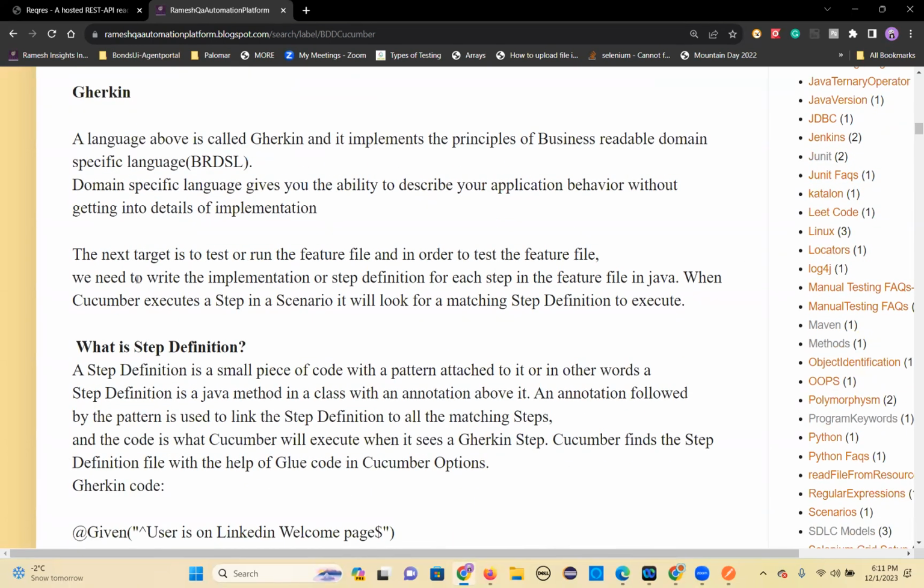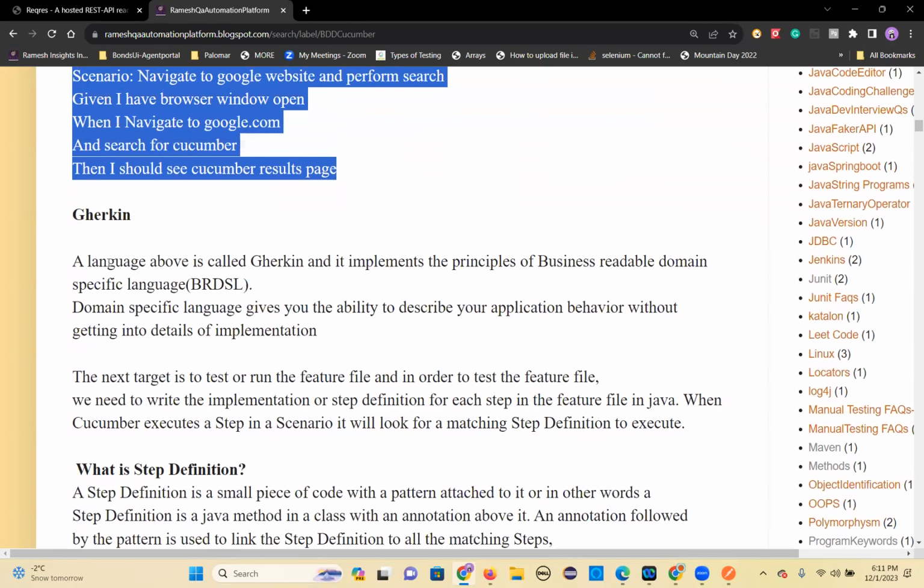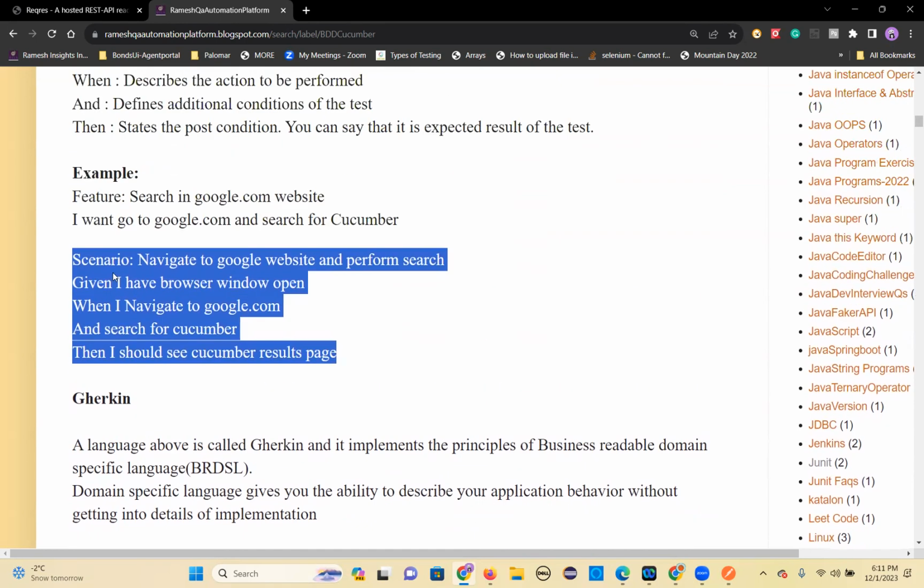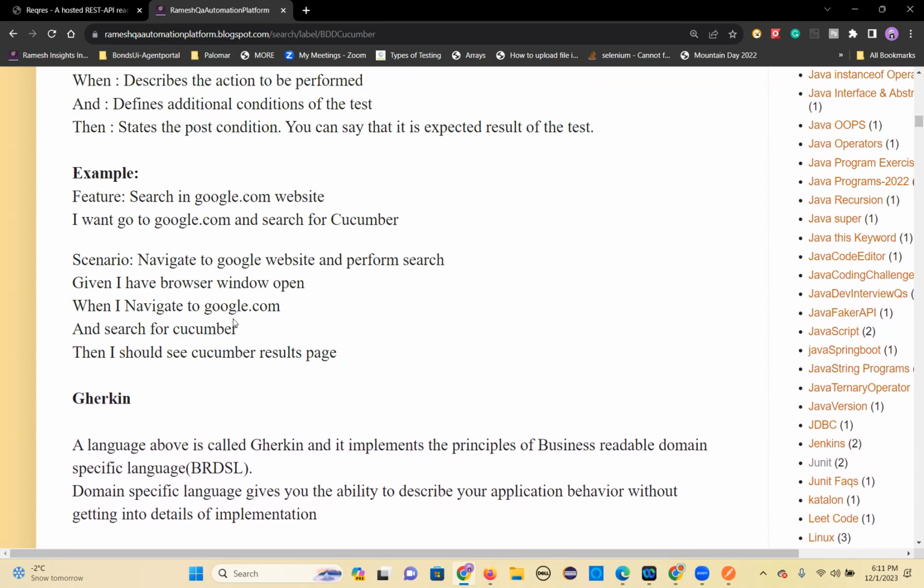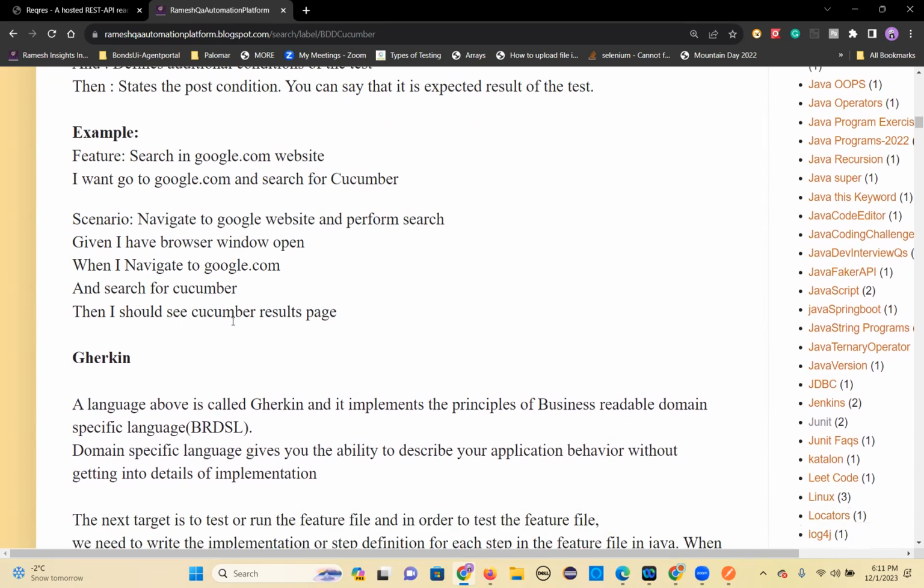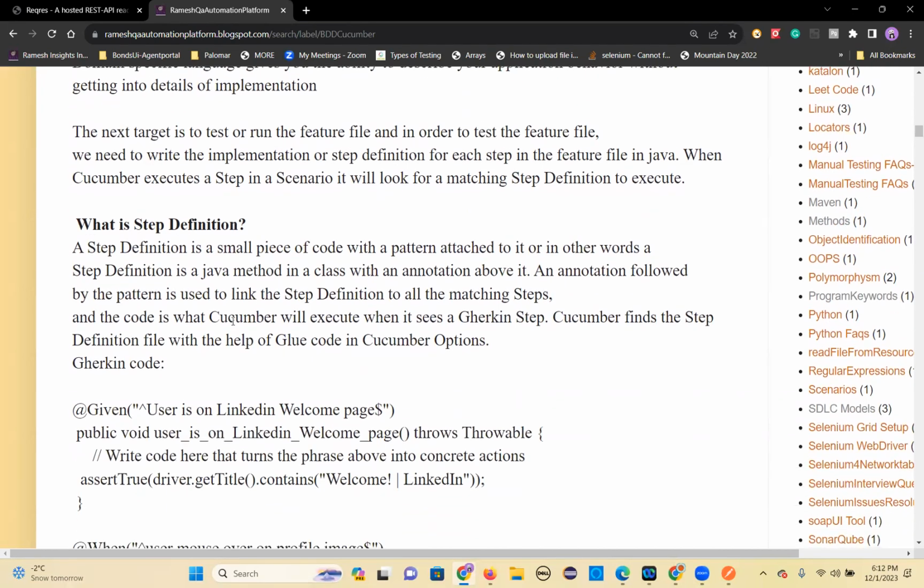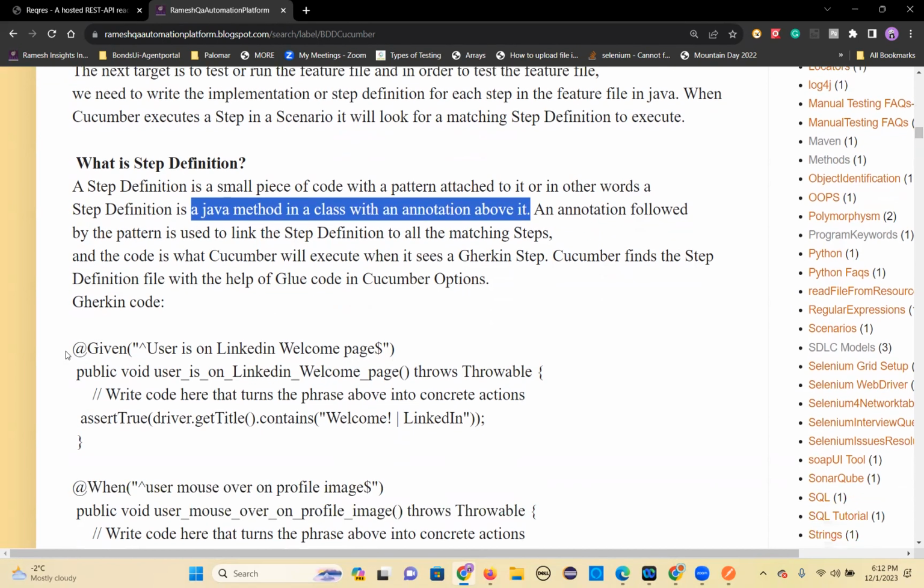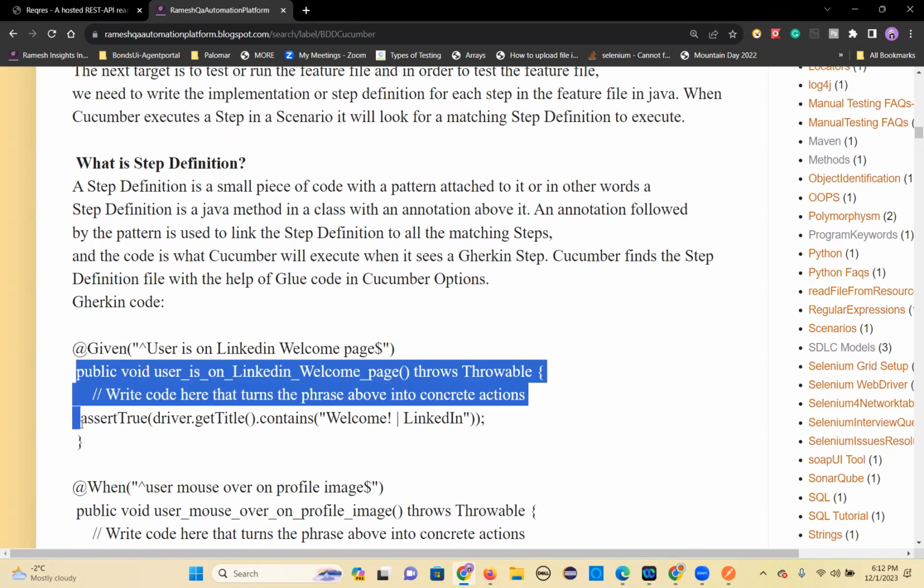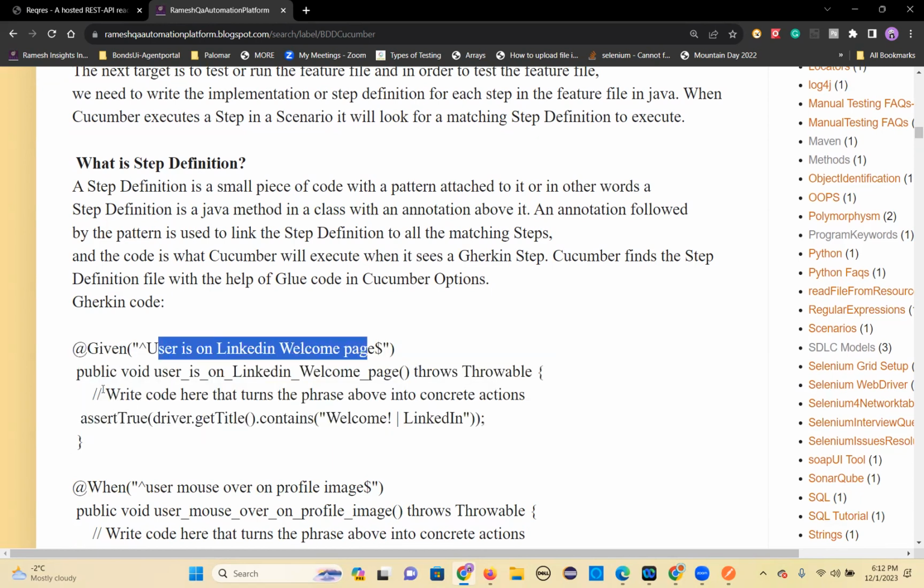Gherkin is basically plain English, a common language that anybody can understand easily. Once you develop the feature files, then you have to develop the step definition files. A step definition is basically a small piece of code with a pattern attached to it. It's a Java method in a class with an annotation above it, like this. And this is the Java method. This step related logic you will build in this